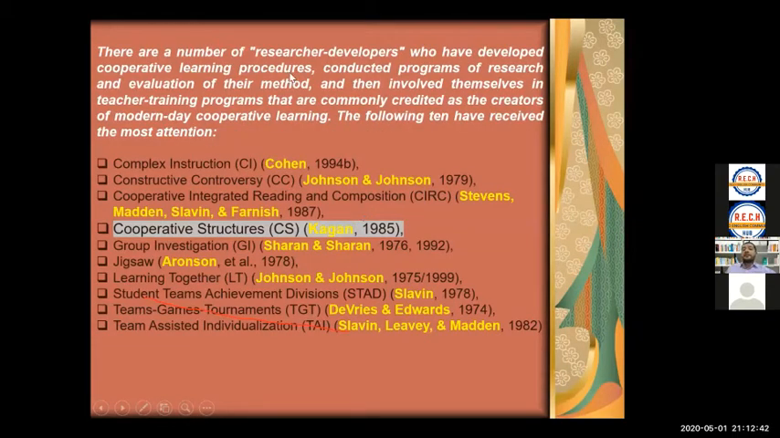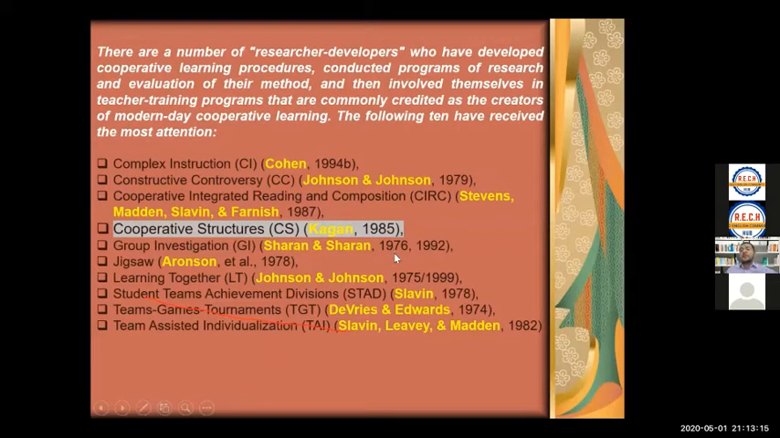There are a number of researchers and developers who have developed cooperative learning procedures. So we don't have only one thing that is called cooperative learning. Here are just some examples. I highlighted the names in yellow. These are all people who came up with structures and strategies that they claimed are cooperative learning. But the one that we're going to focus on is the one that I'm highlighting here, which is Kagan,